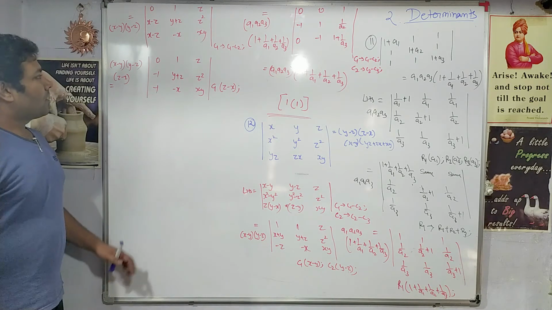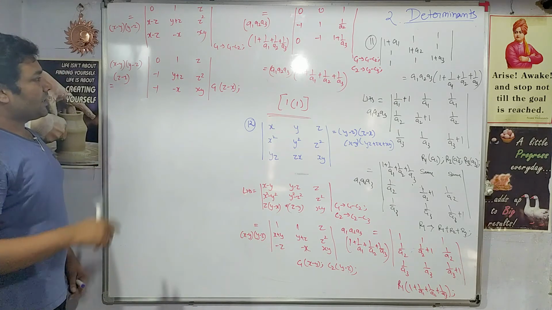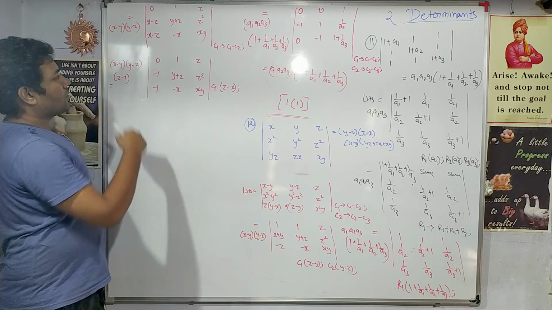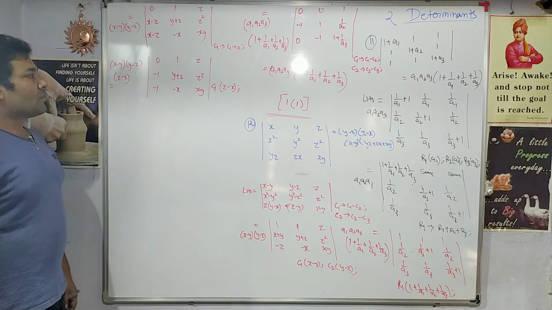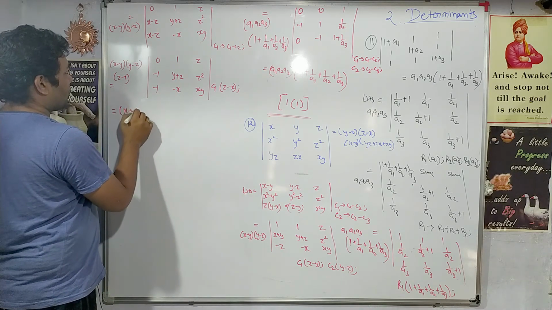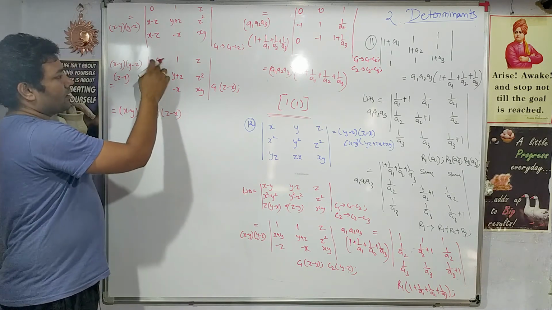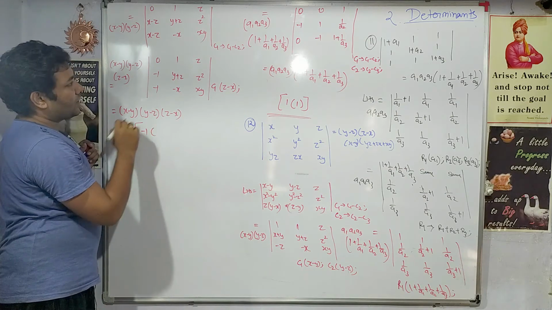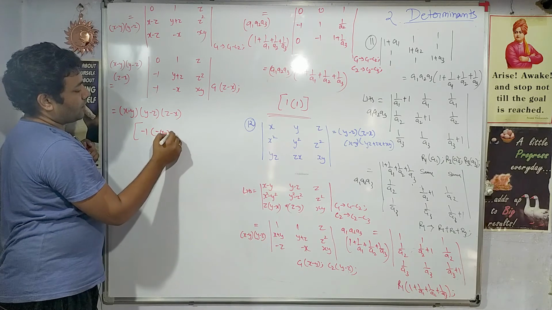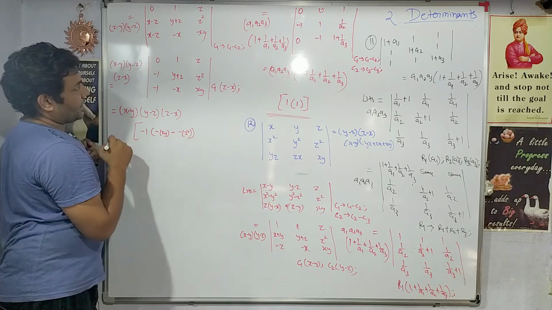What to do now? You definitely have to open up the determinant, but before opening, can you get some more zeros? Here if you do the subtraction, you can get 0. Maybe, it may not be meaningful. So let me open up the determinant. Opening up the determinant, 0 into everything will be 0, then minus 1 into this will give me minus xy minus z square, correct?